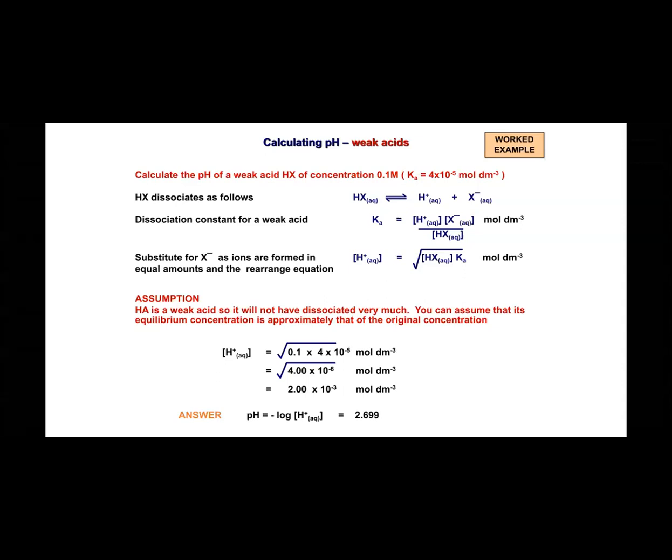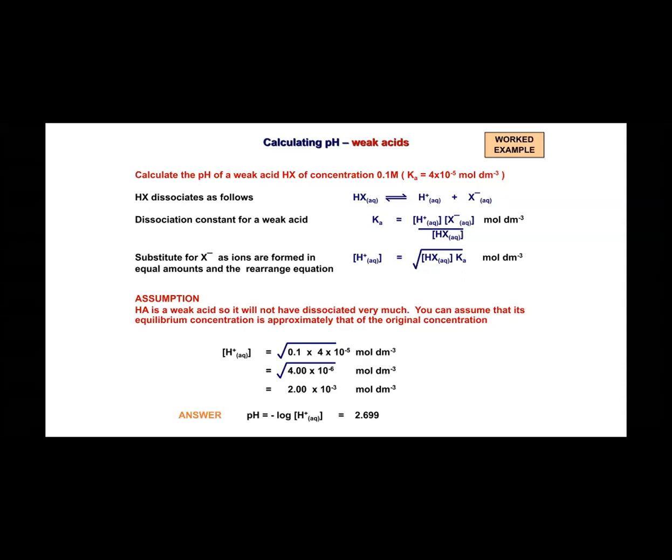So then how are we going to calculate the pH for weak acid as well as weak bases? Is it possible to calculate by just knowing the initial concentration? Yes or no? No, sir. So then how are we going to calculate for weak acid and weak bases? We need the dissociation constant, that is the extent of dissociation of the weak acid or weak base. That will give us the concentration of H plus, and that is equal to the square root of HX into Ka, right? Just remember this equation.